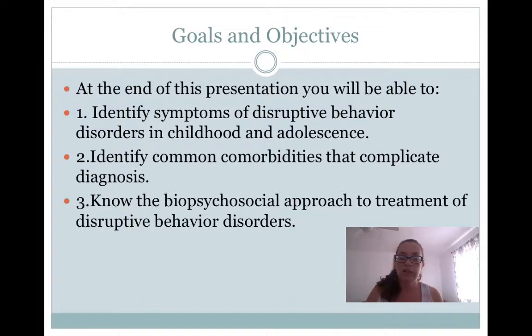But we're going to say what the behavioral disorders are, what the symptoms of them are, identify the comorbidities, or the things that can often go with the behavioral disorder. So for instance, you may have a kid with ADHD, but they may have a stress disorder or an anxiety disorder. OCD often goes with it. There's all sorts of disorders that can be comorbid with it or that commonly go right along with it. And then we're going to talk about the biopsychosocial approach to treating these disorders. So how do we treat them? What medicines do we give? What therapy treatments do we give?